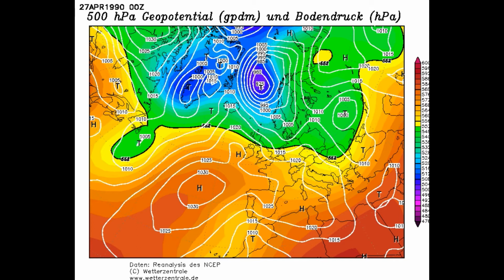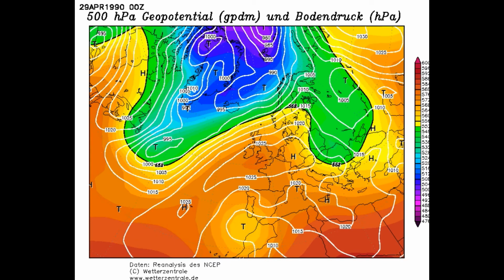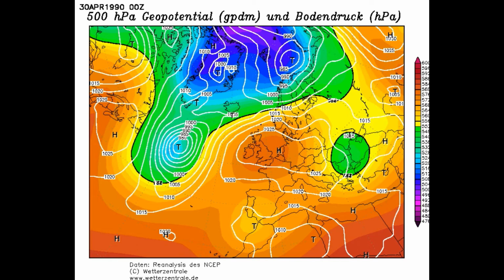So as we move from the 27th and into the 28th, you can see the Azores High, which is often a very prominent feature in some of our hot summers, is building through the country. And as we move into the 29th, this brings some very warm and dry weather for the time of year. And in fact, we have temperatures climbing up into the low 20s there on the 29th of April. And actually, as we go into the final day of the month, we have temperatures going up into the mid-20s. In fact, we have 25 Celsius at Aberdovey in Wales. That's exceptionally warm for the end of April.